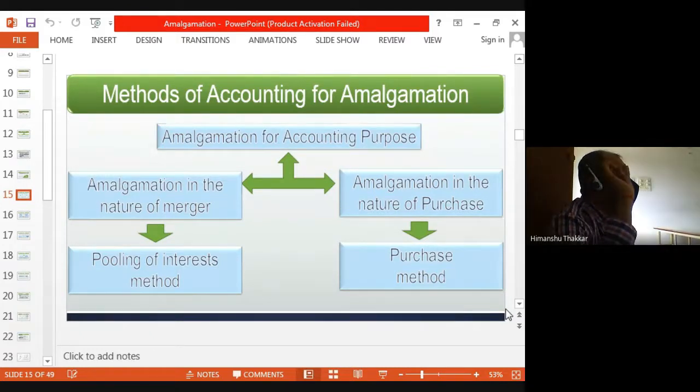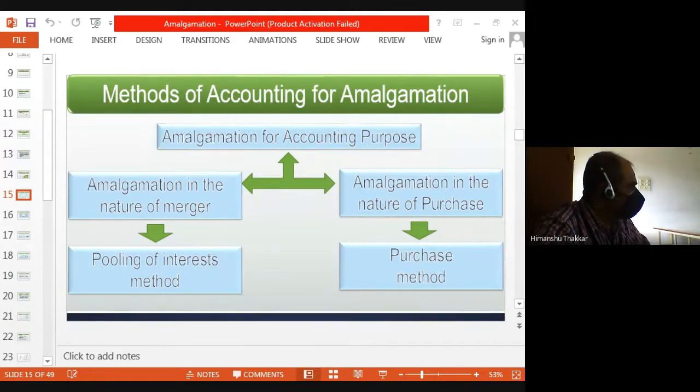They say fixed assets 4 lakh A Limited, 2 lakh B Limited. You are preparing balance sheet of A Limited. Fixed assets, how much will you write? In A Limited column, fixed assets were 4 lakh. In B Limited column, fixed assets were 2 lakh. How much will you write in the new balance sheet? 6 lakh.